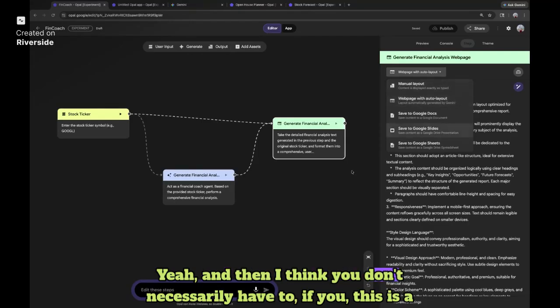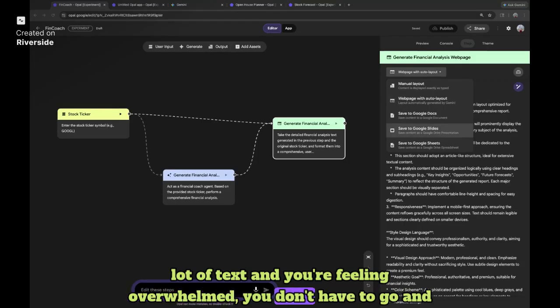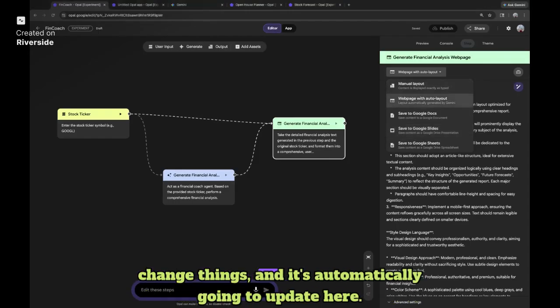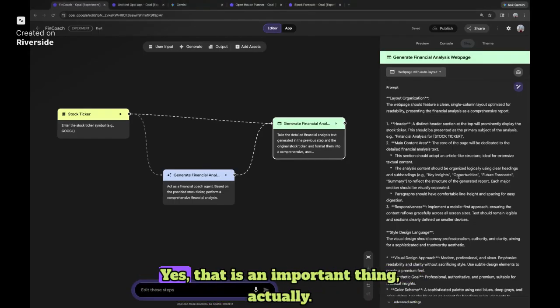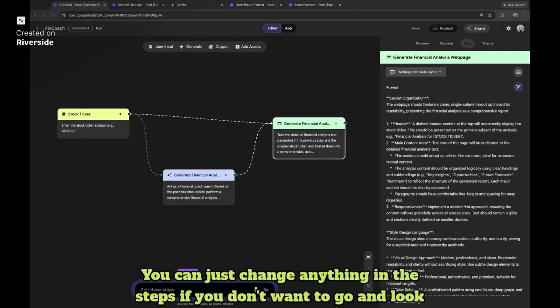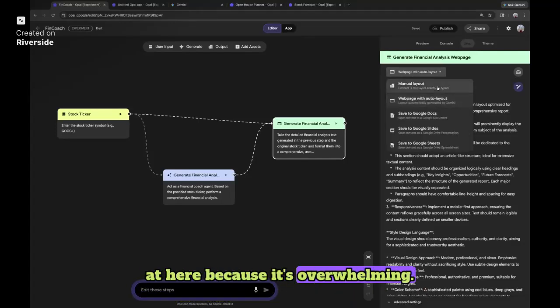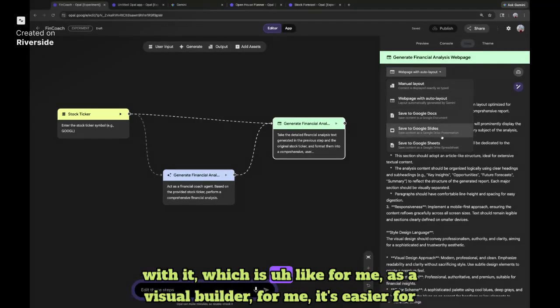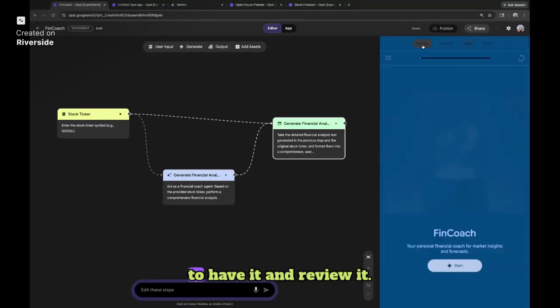Yeah, and you don't necessarily have to edit anything. If this is a lot of text and you're feeling overwhelmed, you don't have to go and edit anything here. You can continue to chat with Opal in the same chat surface if you want to change things, and it's automatically going to update here. Yes, that is an important thing actually. You can just change anything in the steps if you don't want to go and look at it here because it's overwhelming. And it has a lot of options for you to be able to save the output and do things with it, which for me, as a visual builder, is easier to have and